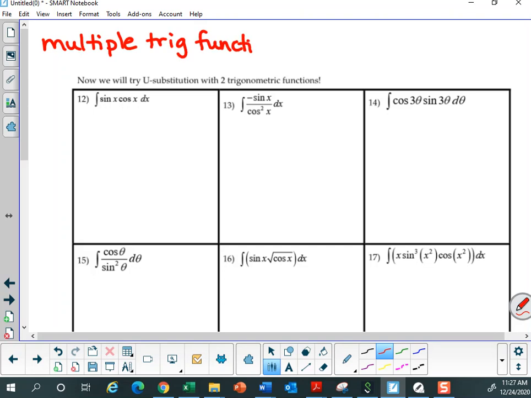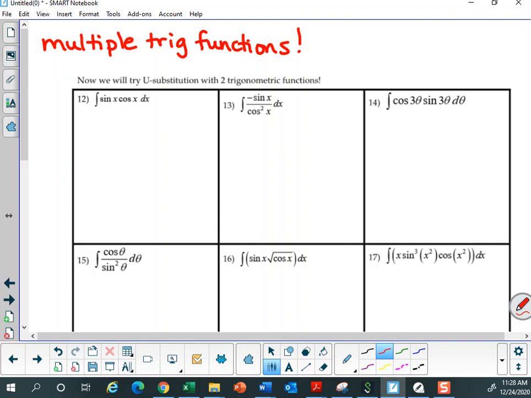I think one of the exceptions to this will be if you're looking at a combination of secant tangent. A secant tangent combination is one whose antiderivative is just secant. But the other combinations,